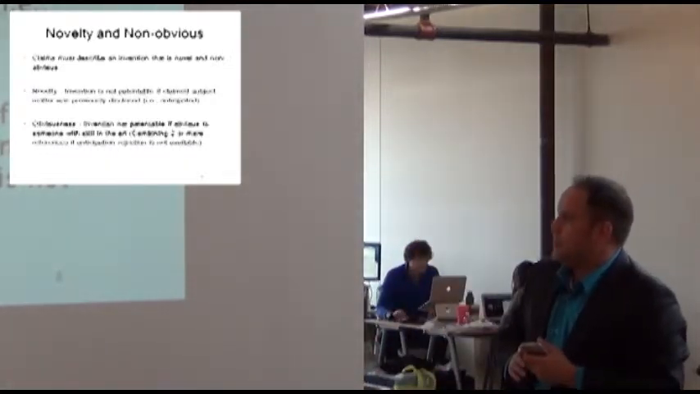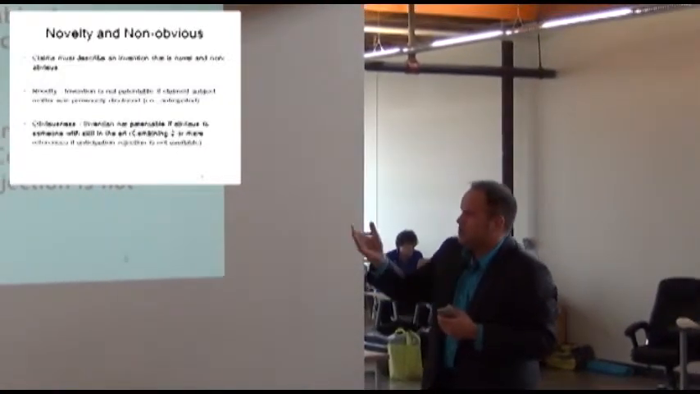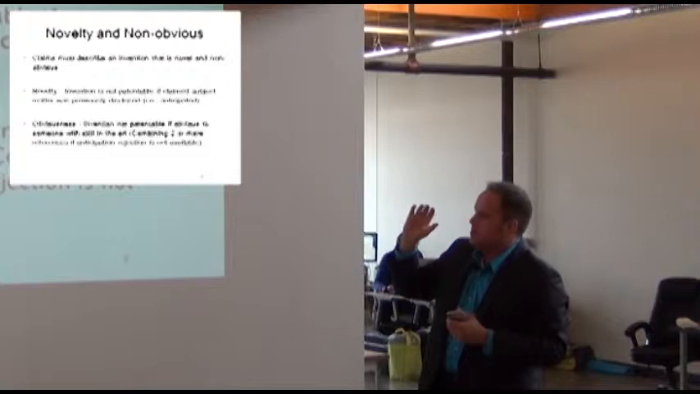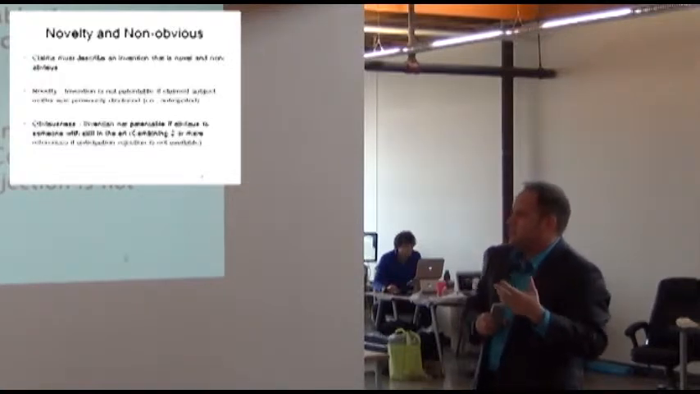Invention is not patentable if the claimed subject matter was previously disclosed in a journal. It also has to be non-obvious. An obviousness rejection from the patent office: an invention is not patentable if obvious to someone with skill in the